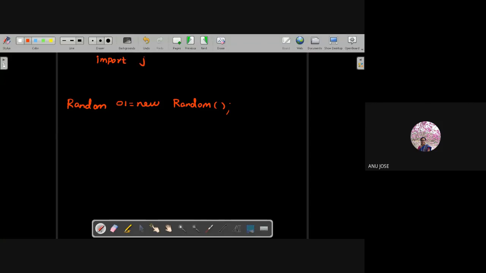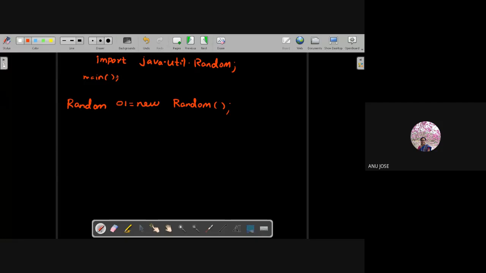So that is the first statement you have to use: import java.util.Random.